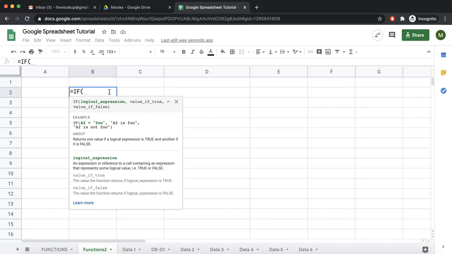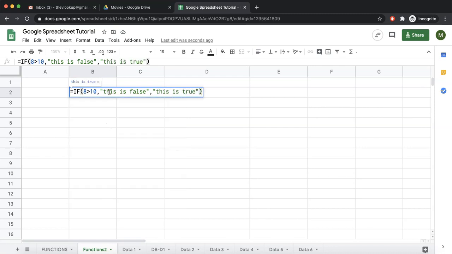So for example, we say if 8 is greater than 10, then write this is false, else write this is true. So if 8 is greater than 10, in fact, my bad, forget what I said.